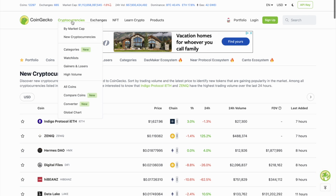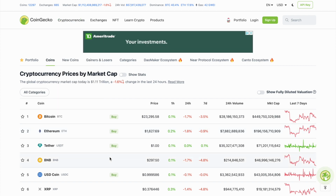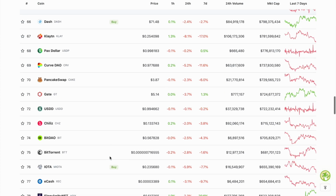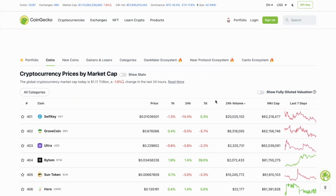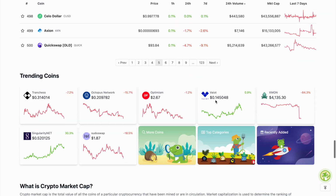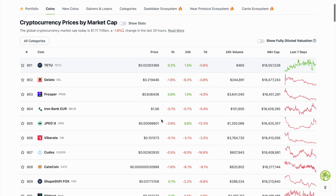Another thing I mentioned in the previous video, you just go to regular cryptocurrencies by market cap, and now you can kind of filter them out. As I've said before, small caps can be very subjective. Like, what market cap are you looking at, right? What I told you guys in the last video is I go to at least the 800,